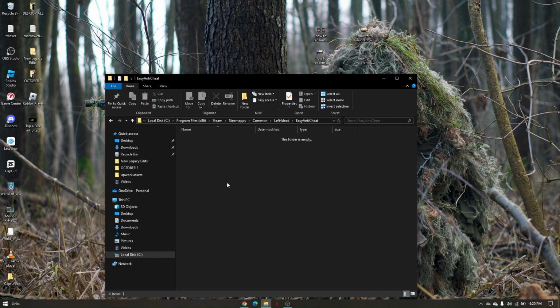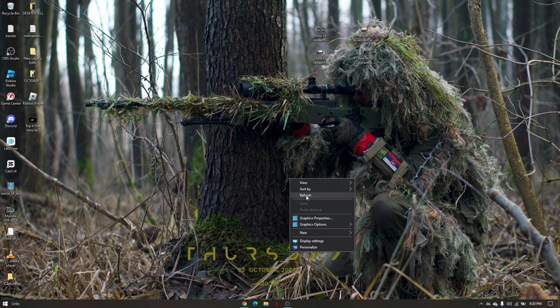And then from here, all you have to do is to run your easy anti-cheat setup, double click on that, and then just click on repair service. Now you'll just have to wait 1 to 3 minutes until repairing is done, and then you'll have to rerun the game. If it's still not working, all you have to do is go back to your Windows search, type